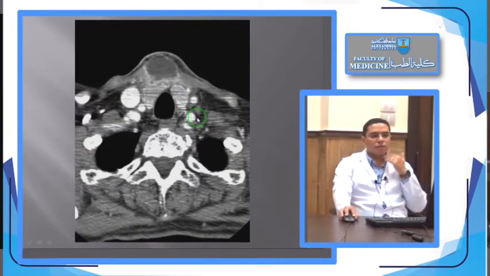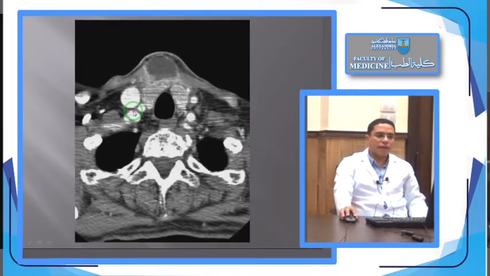Again, when we go back to the lower neck, this is a CT scan of the lower neck. Why do we say lower neck? Because this is the trachea and the apex of the lung appears here, and this is the thyroid gland overlying the trachea, the carotid sheath again laterally on both sides, and we have a swelling here in front of the thyroid gland.